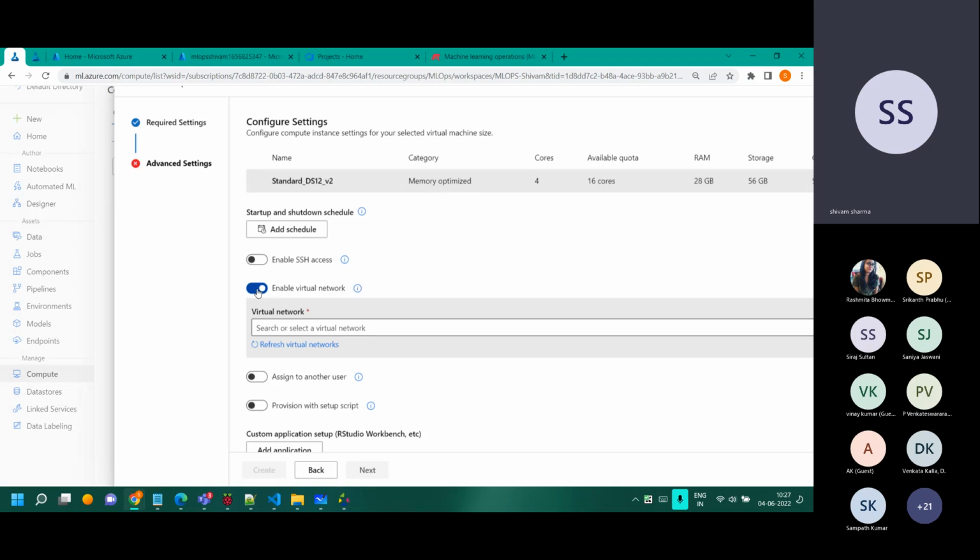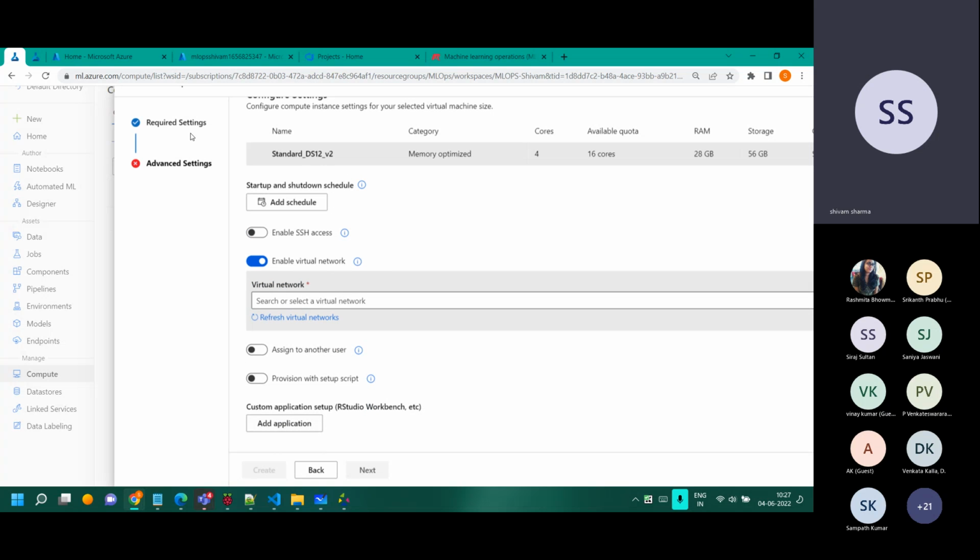And the network security groups, if you're aware of it. A network security group is a type of firewall rules, or you can say source-destination allow and deny rules which we have in Azure. It's a networking concept, so those NSGs will be applied on top of it. So it becomes pretty secure. It's in the control of the network team over there. So this will be enabled, and we'll deploy this.